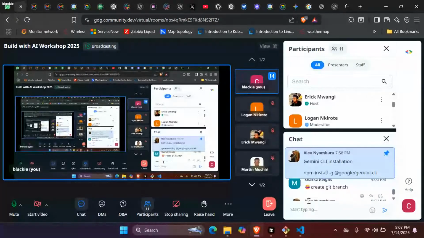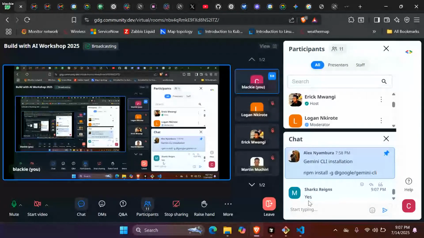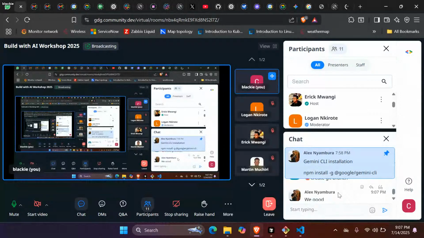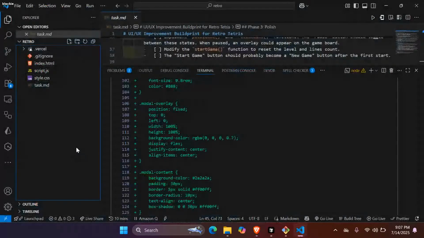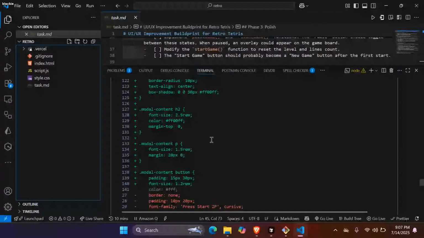For the Git branch, Gemini is not the smartest agentic tool alive right now. For this, let's do something here. I want to see, but I believe it will fail. It will fail.